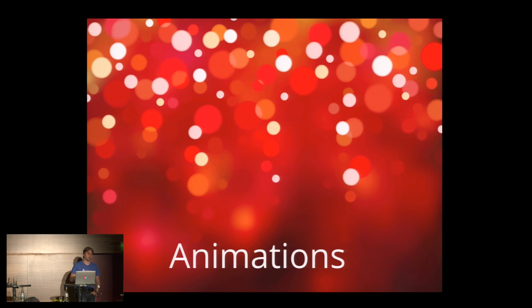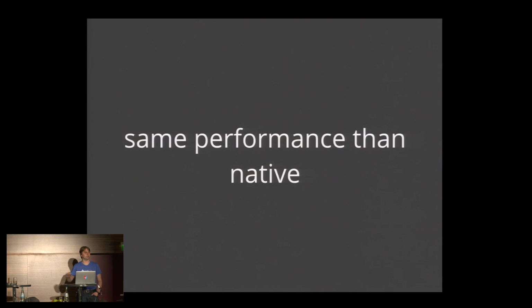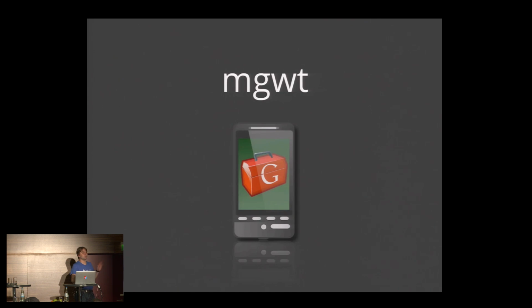It actually figures out a way to draw a picture, upload that to the GPU, and just move it on the GPU. So no CPU involved whatsoever. And if you look at this, this is what native applications do as well. So this is mgwt in a nutshell. But mgwt can actually do way more